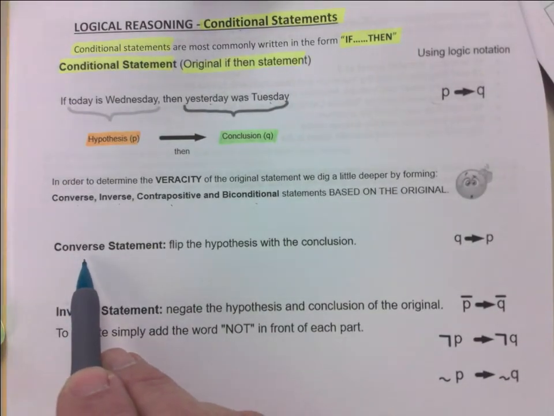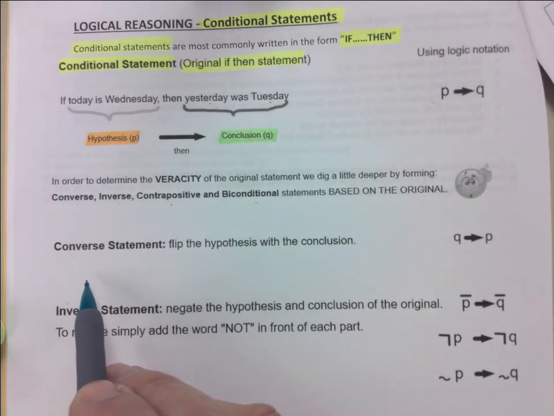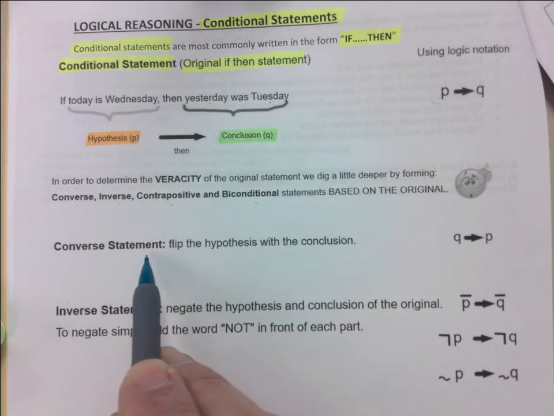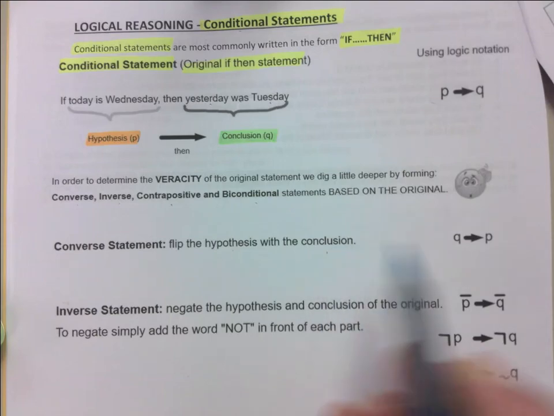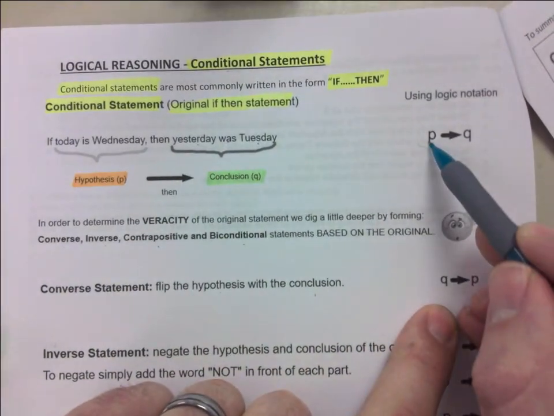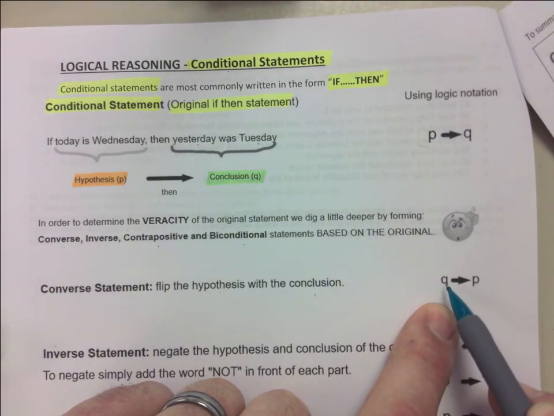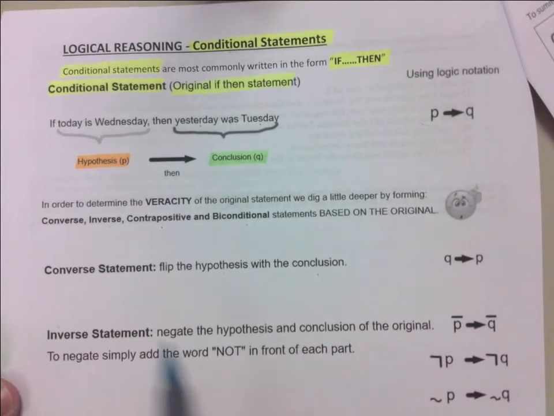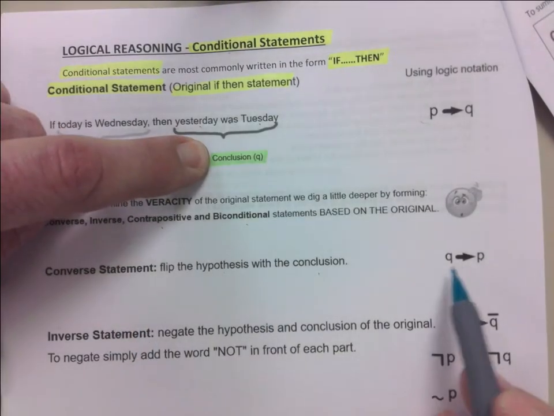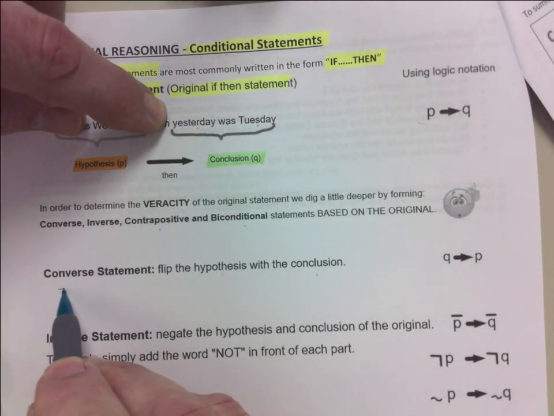So the converse, have you ever heard of someone saying the converse is also true? Like they give you a statement, they're like, hey, the converse is also true. The converse of a statement is to flip the hypothesis and the conclusion. Okay, so it used to be P then Q, you flip it. So what's this gonna say? If Q, then P. What are you talking about? What was Q for me earlier? Yesterday was Tuesday, correct? So you have to say now, if